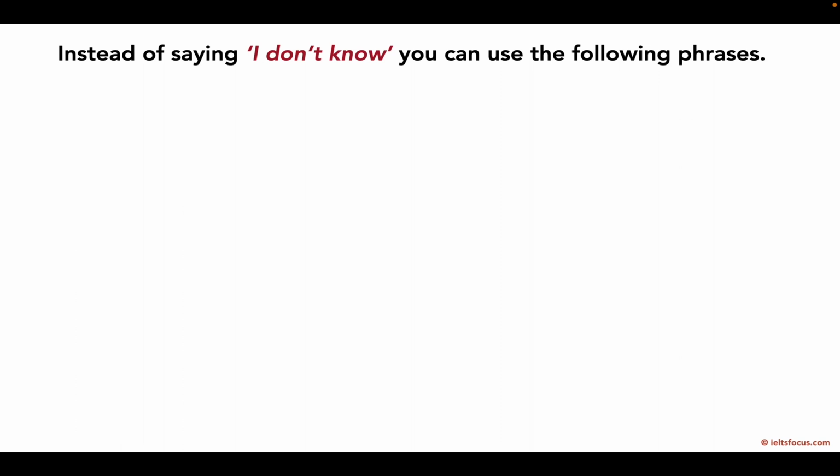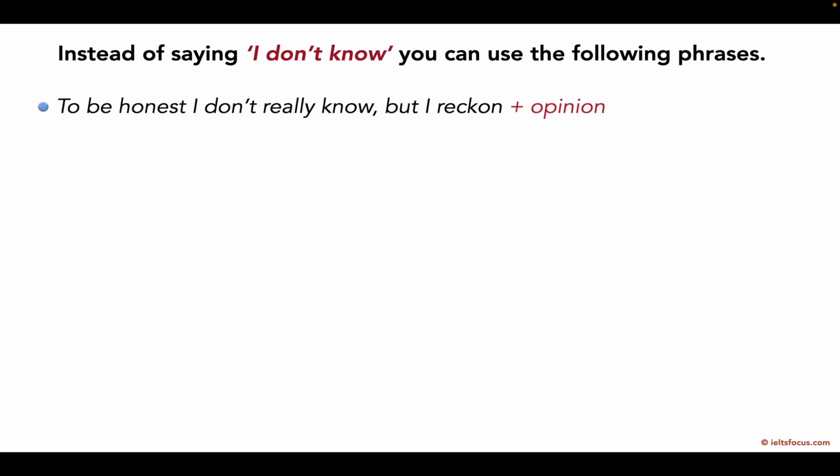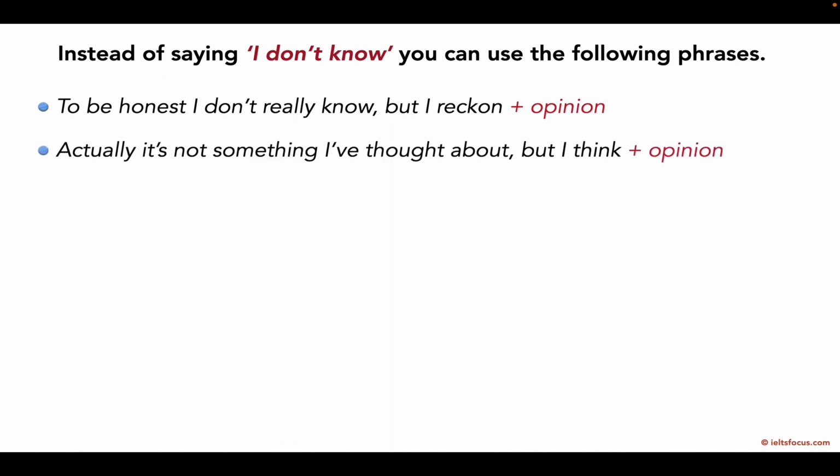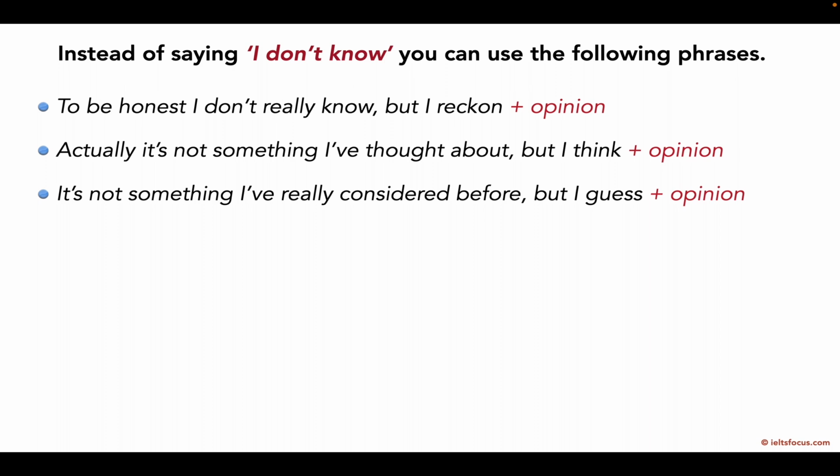In terms of useful language, some people have no idea what to say, and they might say, I don't know. You should never say, I don't know in the IELTS speaking exam. So if you don't know, you can just say, well, to be honest, I don't really know, but I reckon, and then you can give an opinion about it. So you need to offer some kind of opinion, and you can just say, well, to be honest, I don't know, but, I think, or actually it's not something I've thought about before, but I think, and then give your opinion about the topic. It's not something I've really considered before, but I guess,